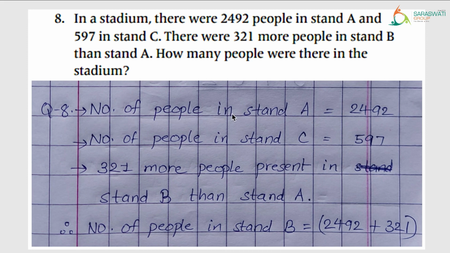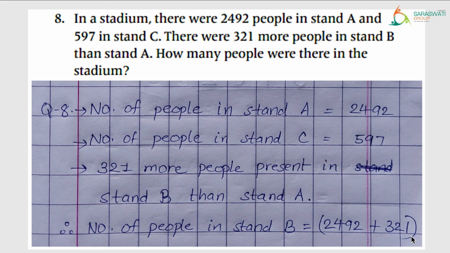Number of people in stand A is equal to करके number mention करना है. Then number of people in stand C, right? And then the number. Then the third statement we have to mention 321 more people present in stand B than stand A. ये भी mention करना है with the help of this statement, right? And then therefore number of people in stand B is equal to, and students, we have to perform addition. Number of people in stand A, add